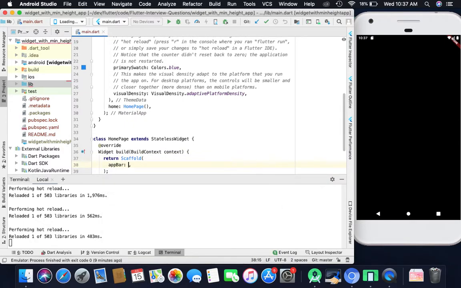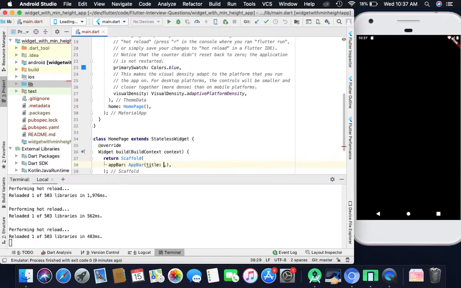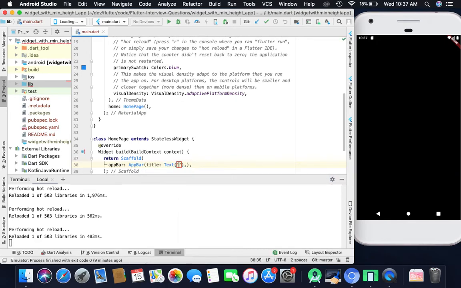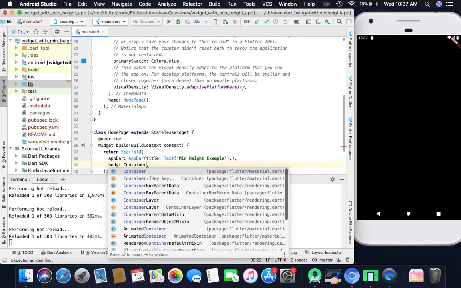Give it an app bar with a title, and the title may have a name, for example, you can give it a name like min height example. And here we can have a body, and for now I am just giving a container.